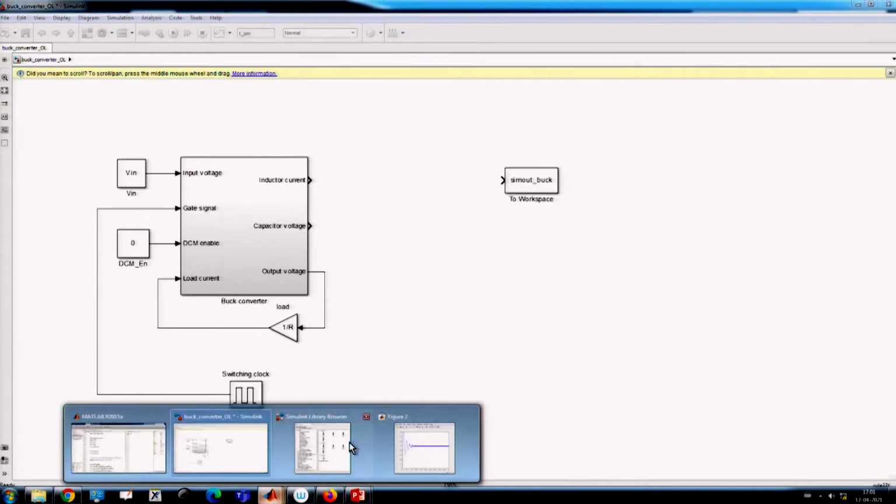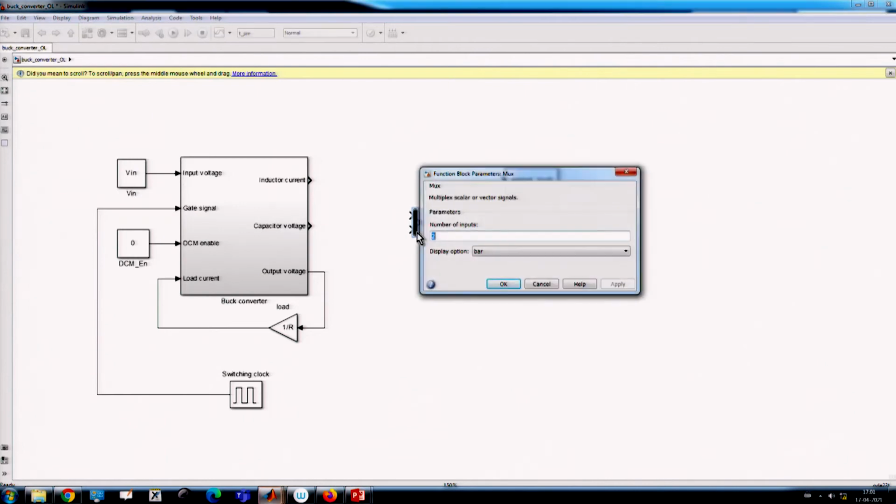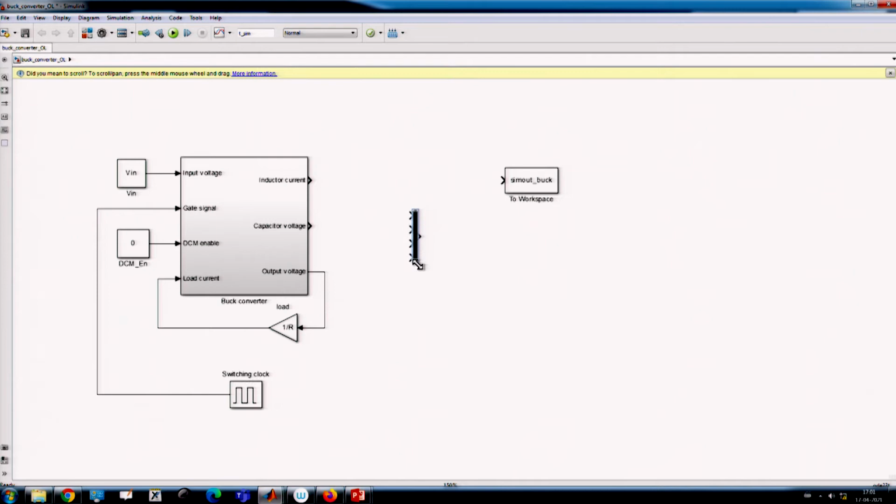Okay, let us go to the mux. I can take a 4 output multiplexer, and its output is a vector. I can now connect the inductor current, capacitor voltage, output voltage and my gate signal. All these are possible now.